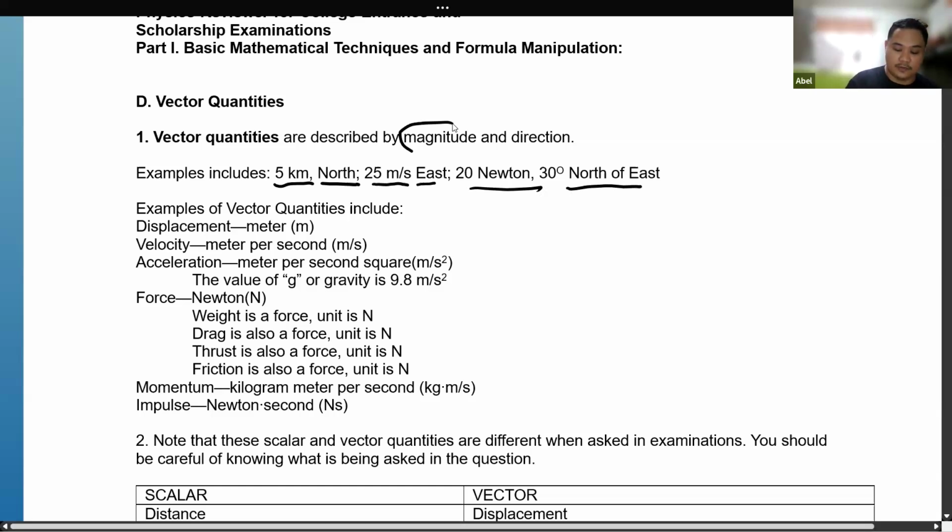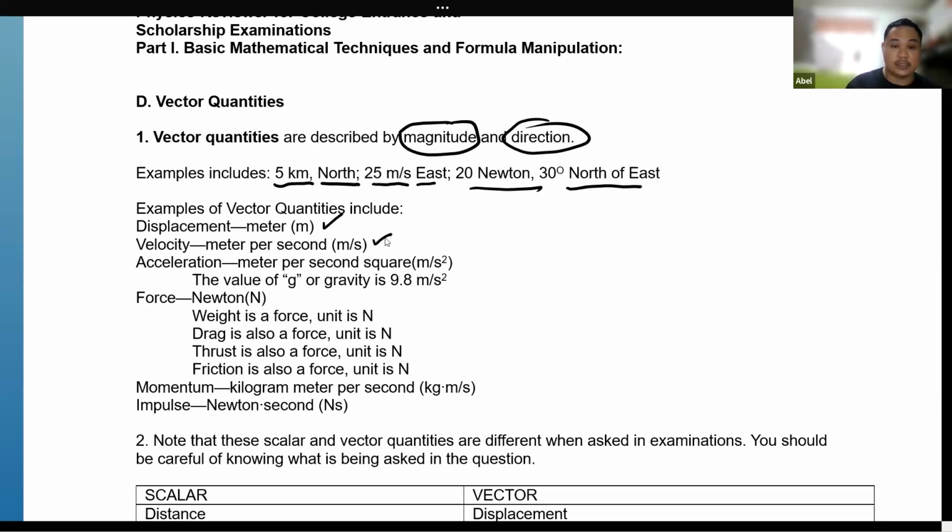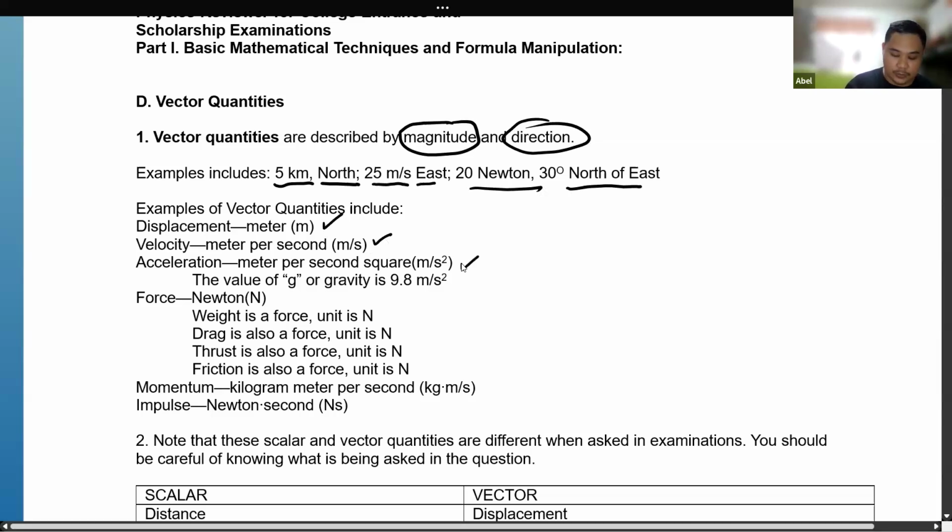We have the unit of magnitude, and we also have direction. So examples of vector quantities include displacement, wherein the unit is meter, velocity is in meters per second, acceleration is meter per second squared, force is in Newton. By the way, these are just